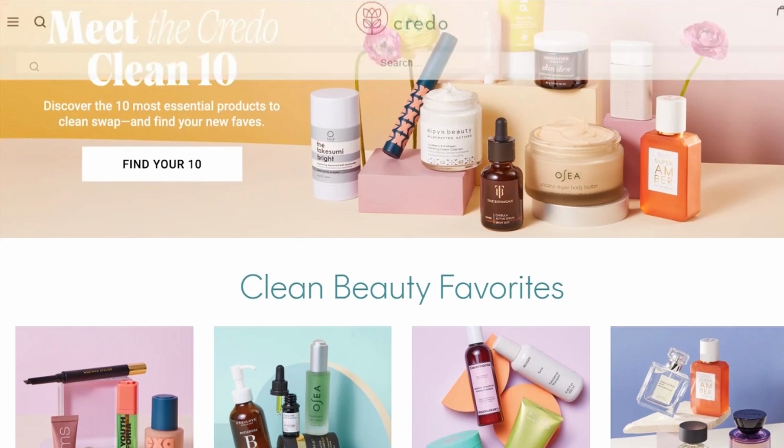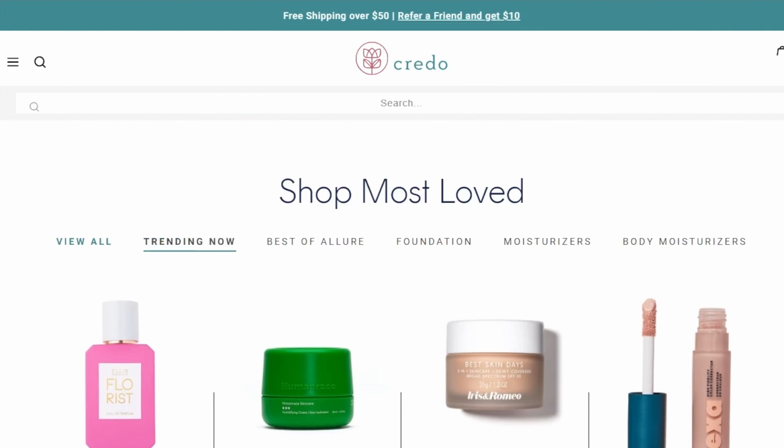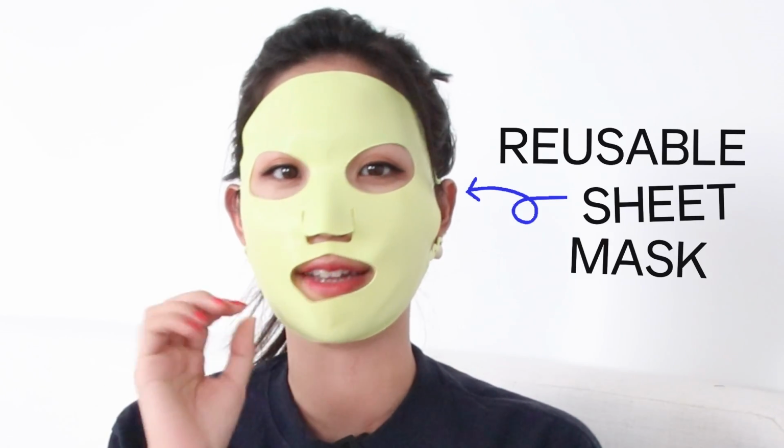I know the beauty industry can be very, very wasteful, but there are some companies that are doing something about it already, including the beauty retailer called Credo Beauty. They recently announced that they're gonna ban any single-use beauty products such as sheet masks and makeup wipes. And nowadays there are so many reusable options for single-use beauty products, such as reusable cotton pads and reusable sheet masks as well. And this is what I mean by reusable sheet mask, which is made out of silicone that you can reuse